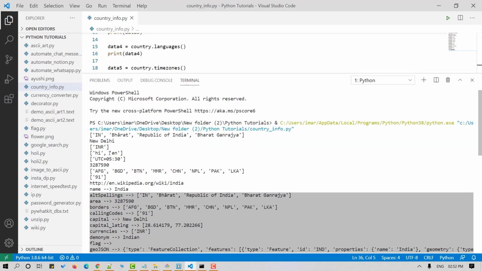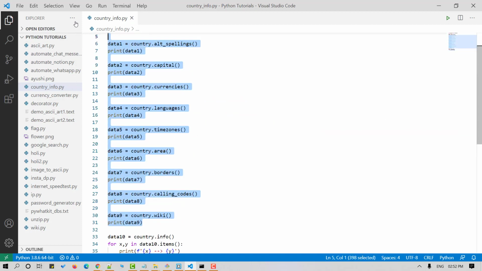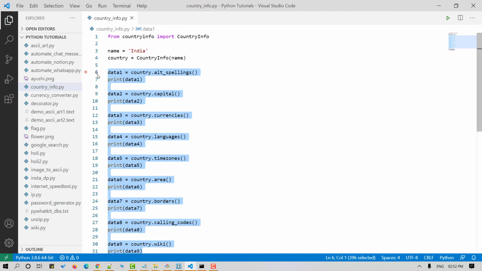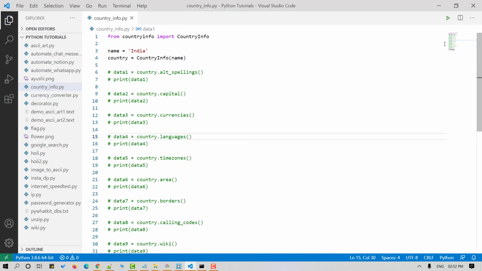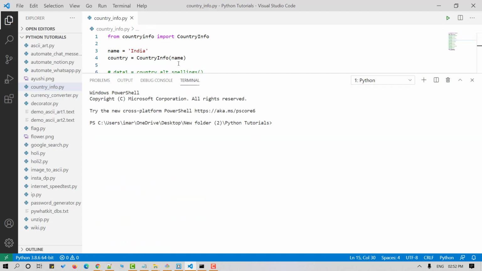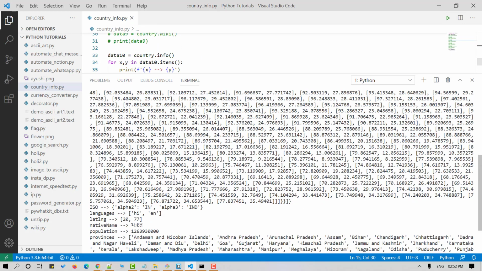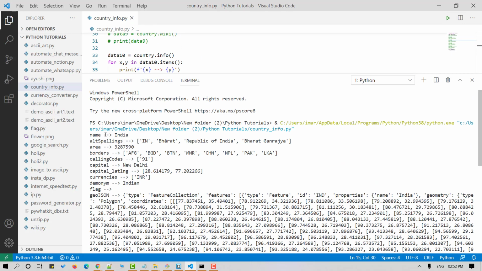To only see the output of the info method, let's comment out the rest of the code. Let's save and run our Python script once again. Here we go. Let's go through what we have in the output.